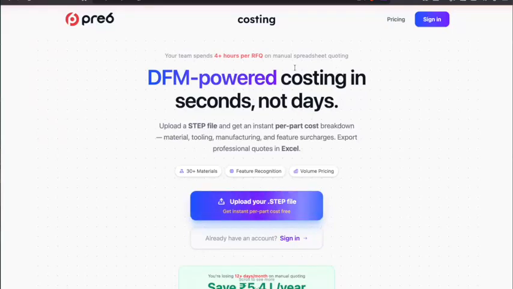This is a quick product tour for Pre6 Costing, a DFM powered costing tool which helps you to do costing of a step file which you have received in seconds and not in days. If you are not a signed in user, you can upload up to 10 step files and get instant per part cost for free. However, if you are already a user of this particular product, you can click sign in